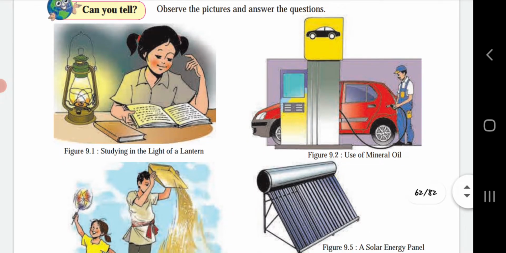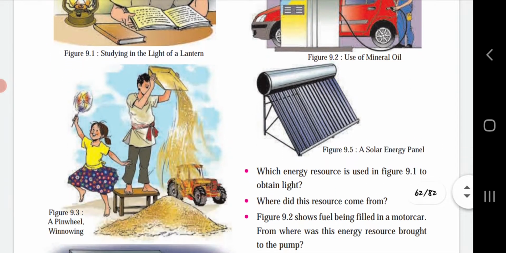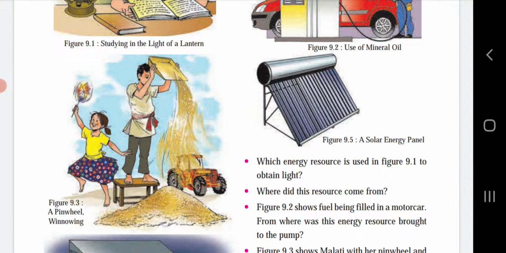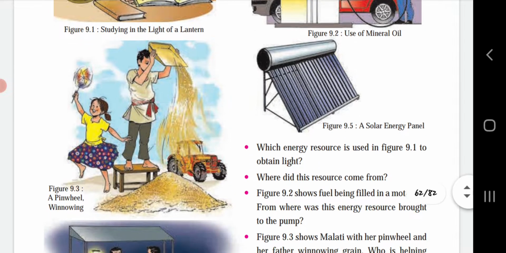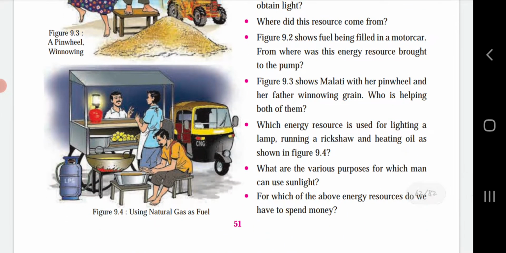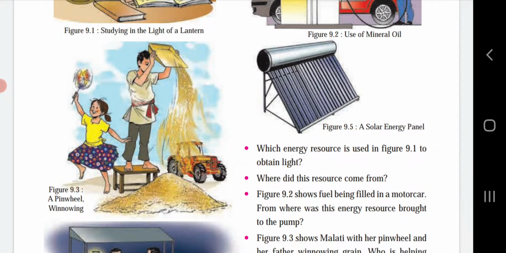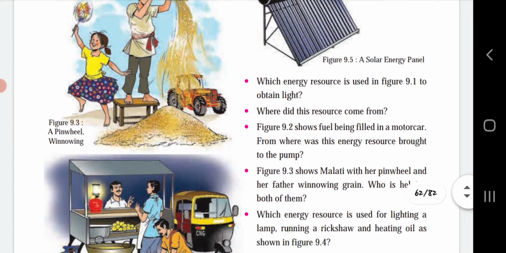See figure 9.1. Studying in the light of a lantern. 9.2. Use of mineral oil. Figure 9.3. A pinwheel winnowing. 9.4. Using natural gas as fuel. 9.5. A solar energy panel. Questions are: